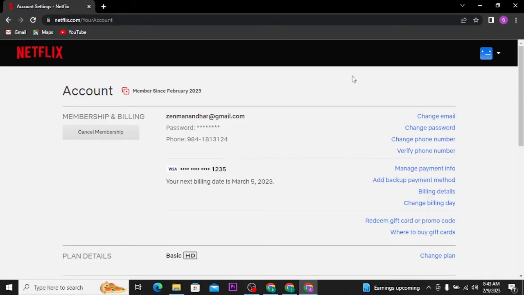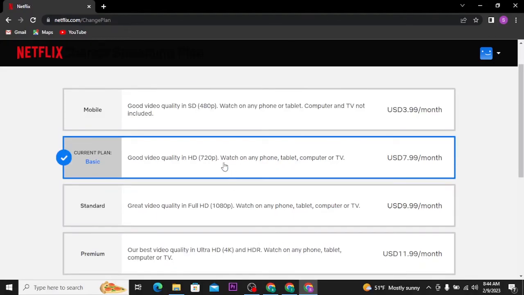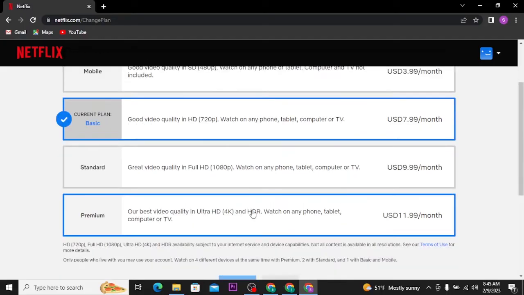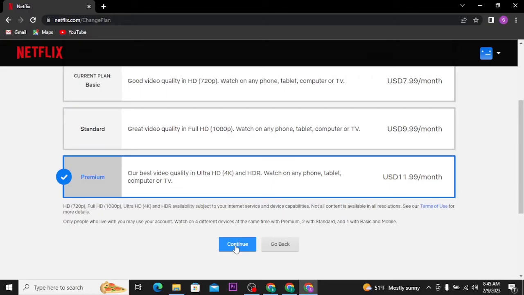Now from there, tap on change plan option and there you will be able to see your current plan and other plans in the page. Now pick the plan that you want to change into and scroll a bit down and then tap on continue